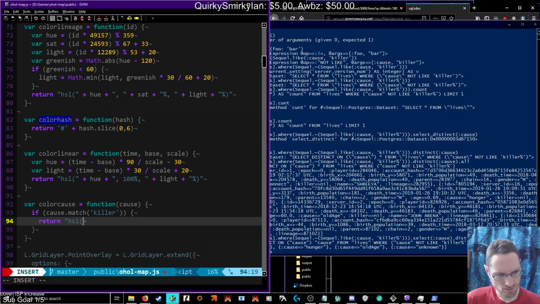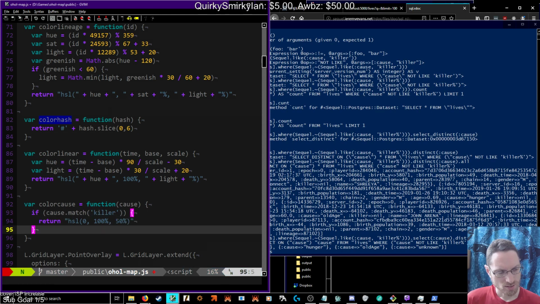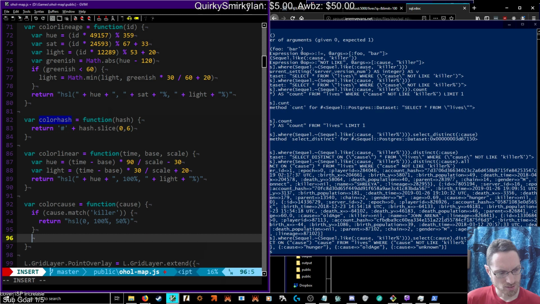It just so might be a good model for this. Is 0 red? And then